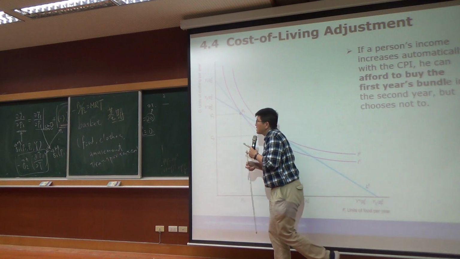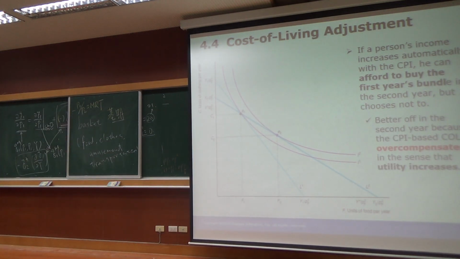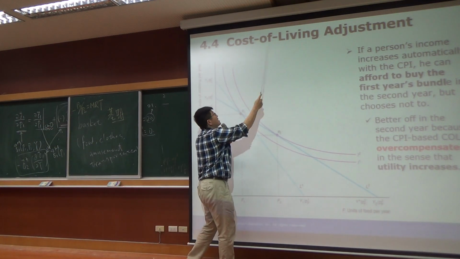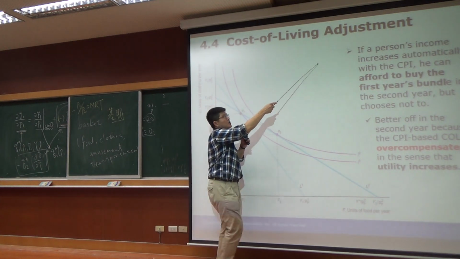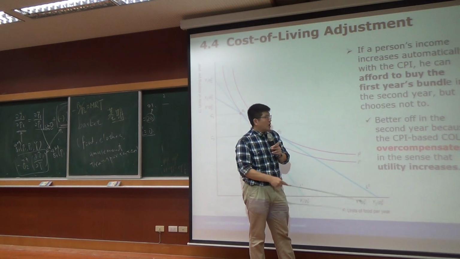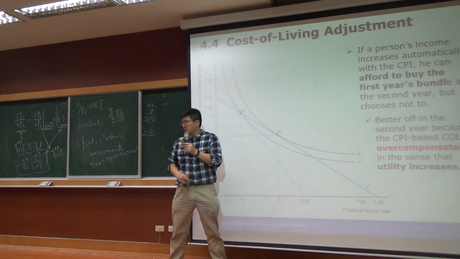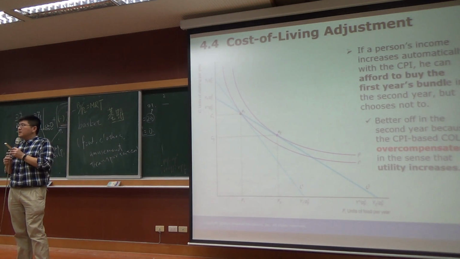All right? So, better off in the second year because of the CPI-based COLA. COLA is the abbreviation of cost of living adjustment. So the COLA program may overcompensate you in the sense your utility increases. All right? So the COLA